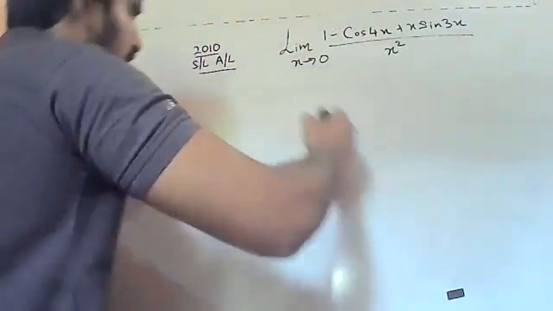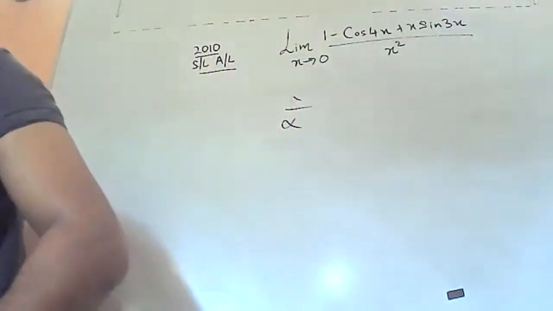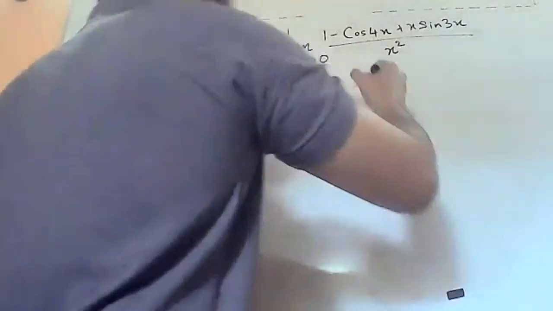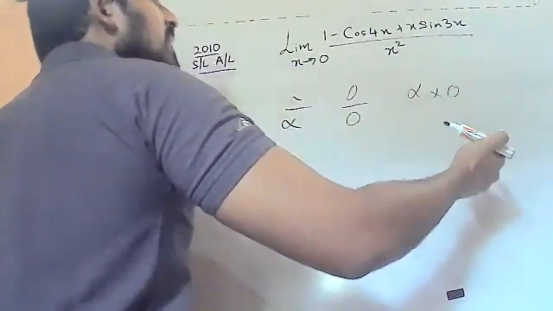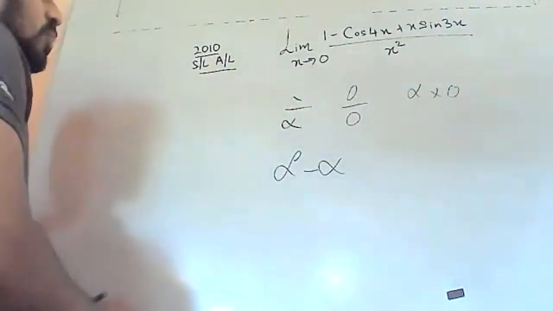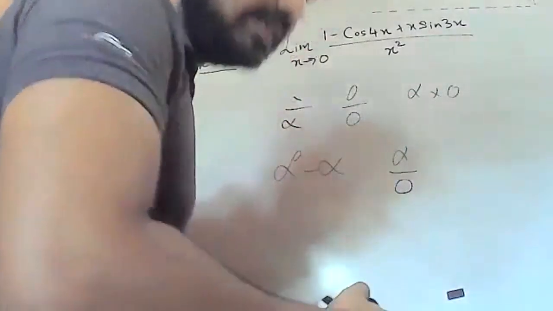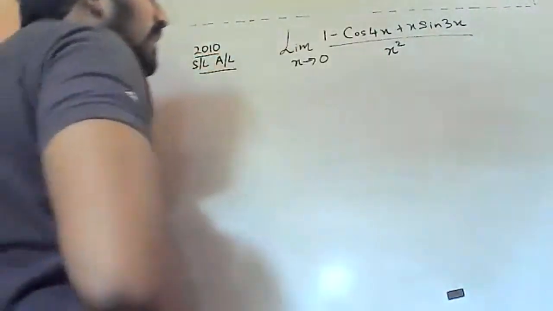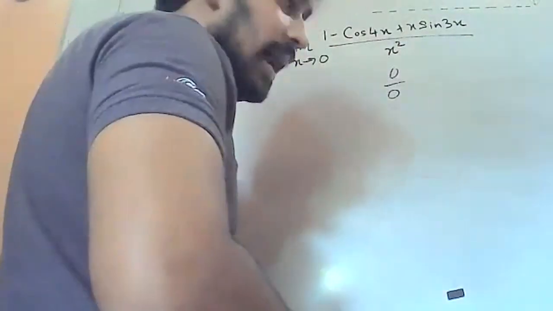There are certain indeterminates, like infinity divided by infinity, and also 0 divided by 0, infinity times 0, infinity minus infinity, and infinity divided by 0. Like that, there are certain indeterminates. So in this problem also, if you directly put 0 there, you would get an indeterminate, which is 0 divided by 0. That is why you had to follow that approach, right?